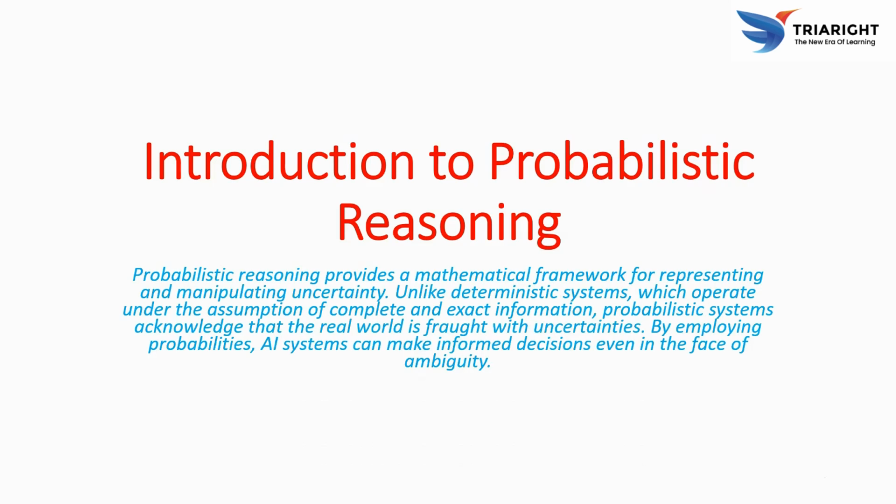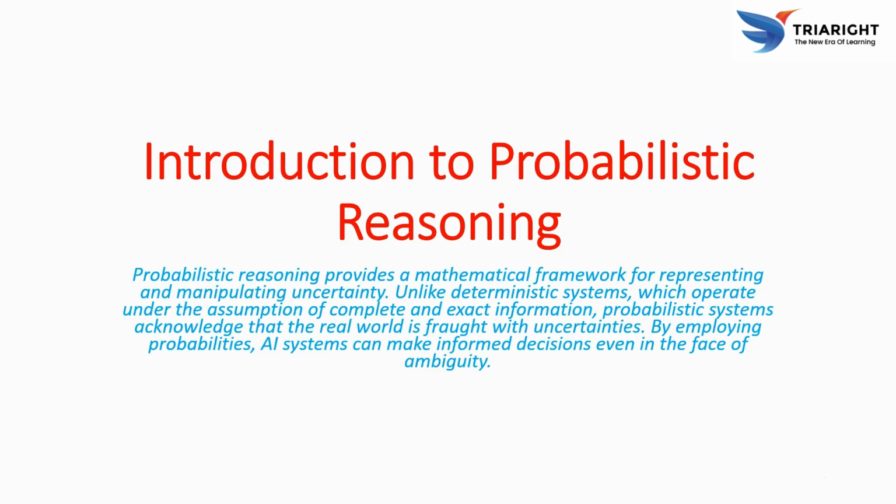That means it uses established mathematical tools, especially probability theory, to deal with uncertain data. Representing and manipulating uncertainty is its core purpose. To represent the uncertainty is to capture how likely or unlikely something is in the data. And to manipulate is to update beliefs as new information comes in. It stands in contrast to deterministic systems. Those systems operate under the assumption that information is complete or exact, that everything is known